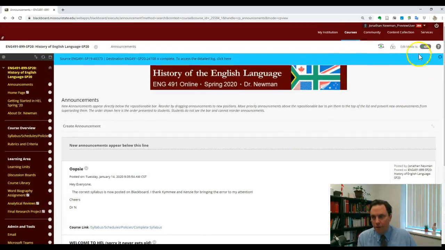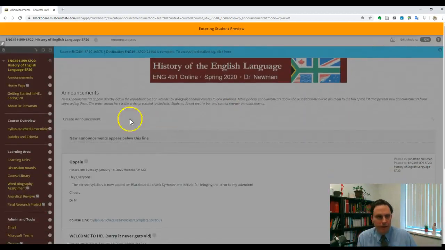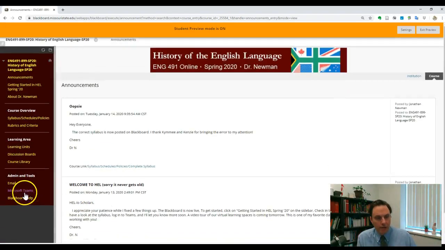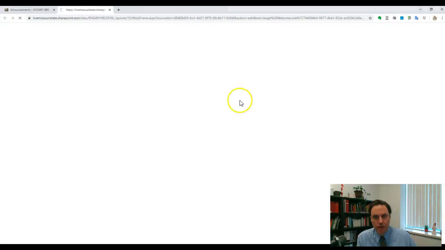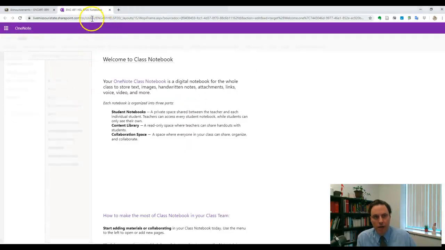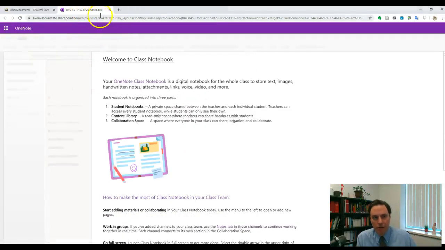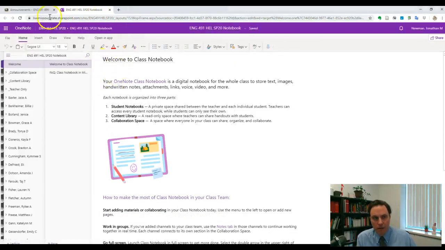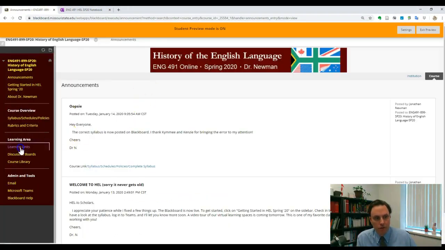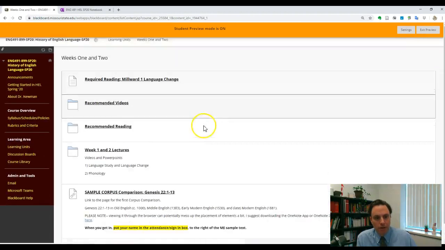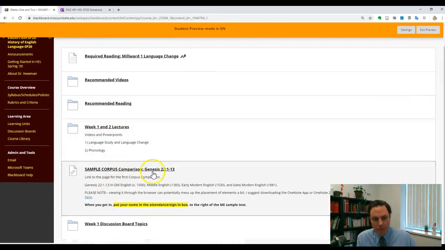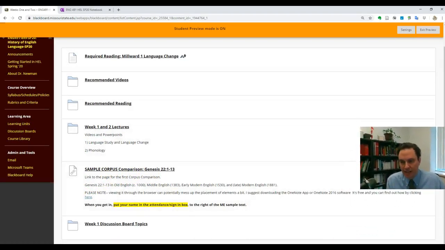So just to review, we're actually going to go into the student view here again. You can get into it now through Microsoft Teams. Go into Class Notebook at the top, and then you can click Open in Browser, and that will bring you to the HEL 491 notebook. You can also go to it through Learning Units, go to Weeks 1 and 2, and click on Sample Corpus Comparison. This is going to be your landing spot for using OneNote,